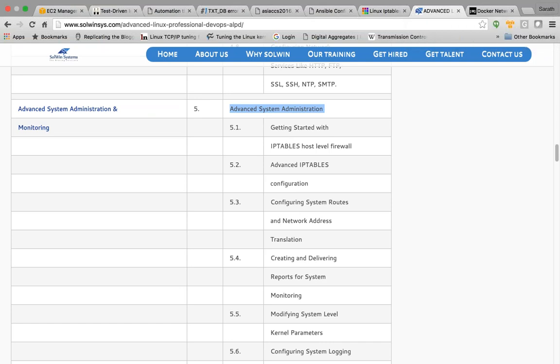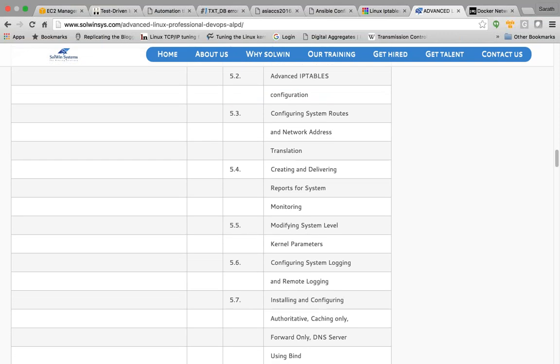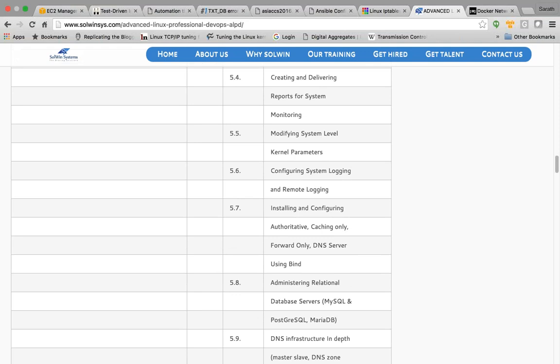Then we will learn about system monitoring. We will learn how to modify kernel parameters in Linux, how to tell the operating system, hey, please do not behave like this when it comes to networking, please start behaving like this for this particular series of IP communication. Then we will be learning about configuring a DNS server. Believe me, nobody covers DNS server configuration in a Linux system administration course.